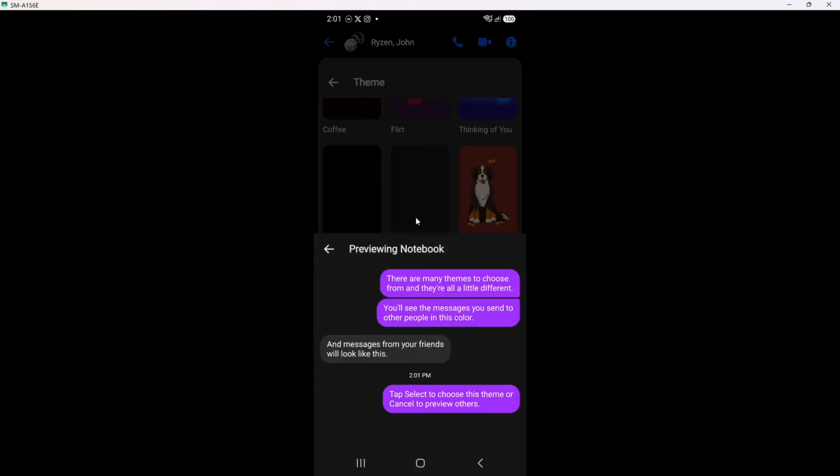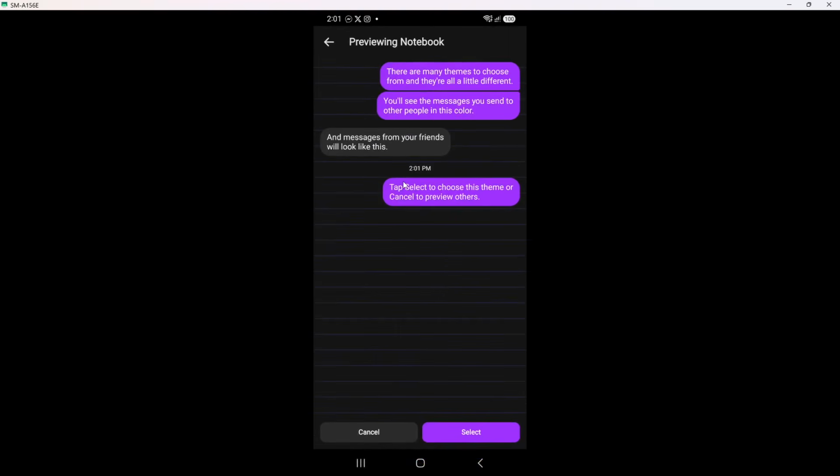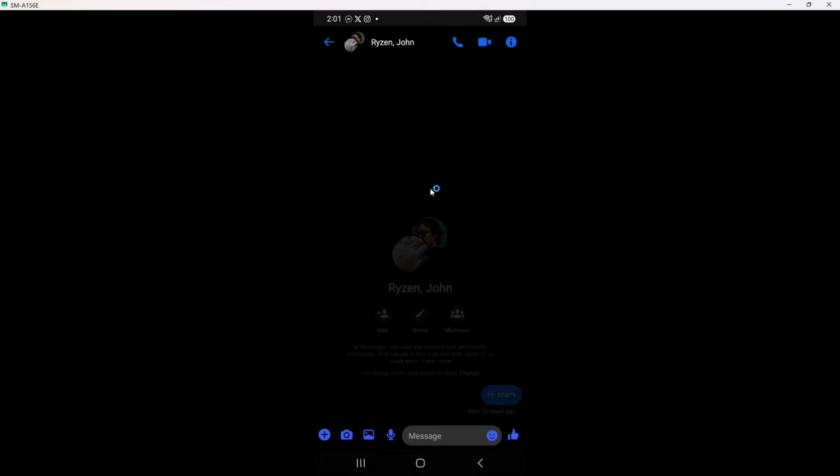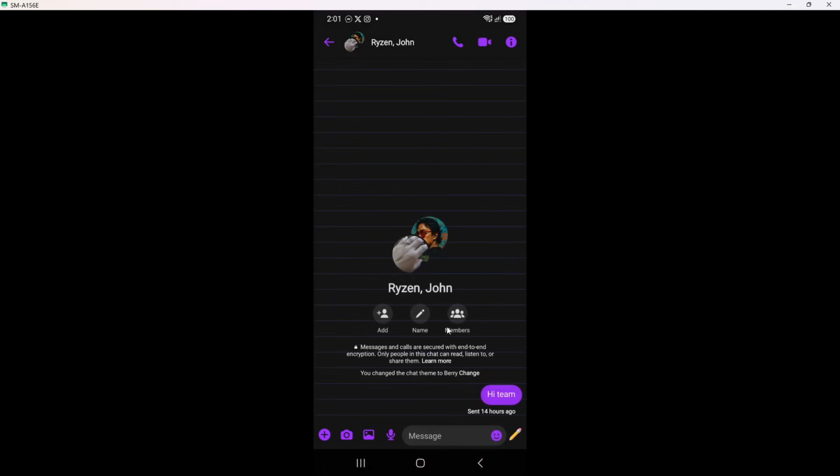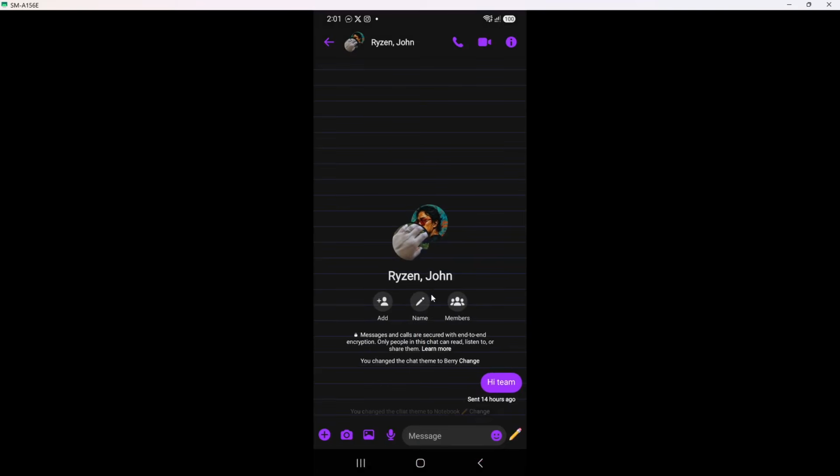After you decide, tap Select if you are prompted. On some phones, the theme applies as soon as you tap it, but on others you must confirm with Select at the bottom. Once you do that, the panel closes and you are taken back to the conversation, now showing the new theme on your screen. Everyone in that conversation will see this new style, and in some themes special words may trigger fun word effects that animate as you send them.